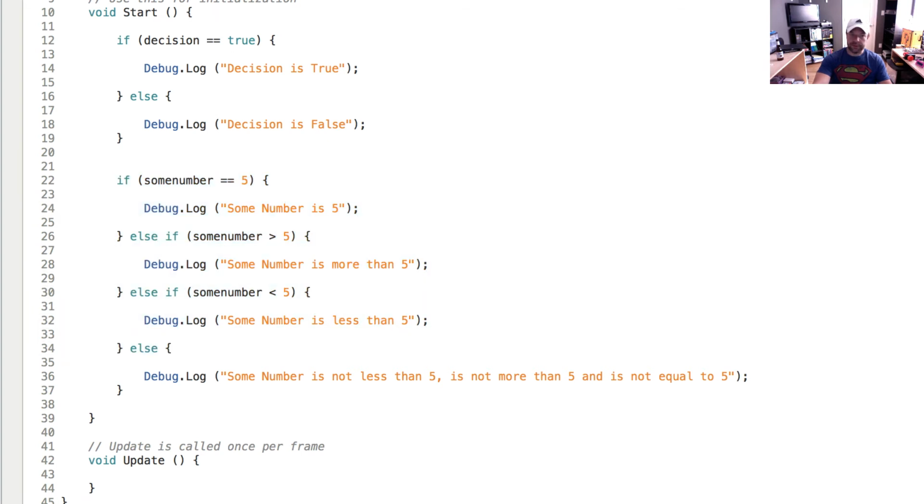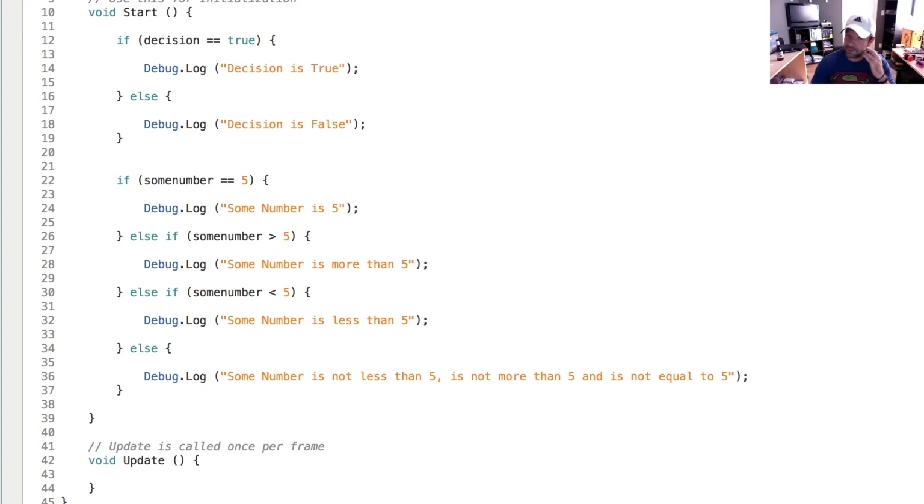Even if we don't assign anything to this integer variable, the default value for this integer is going to be 0. Okay. This is not to say that it would happen with something else. Like, for instance, if we created a game object and we didn't assign anything to it, that game object's value would be null. So we would want something there to say if it's null, then do this. So that's different. But with integers, booleans,